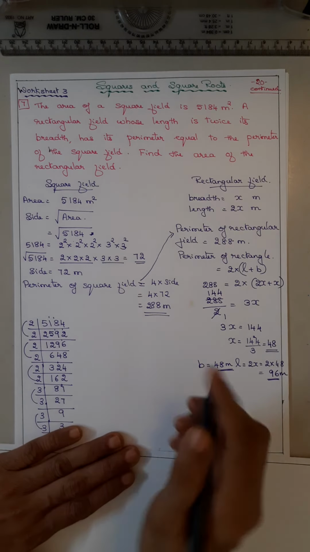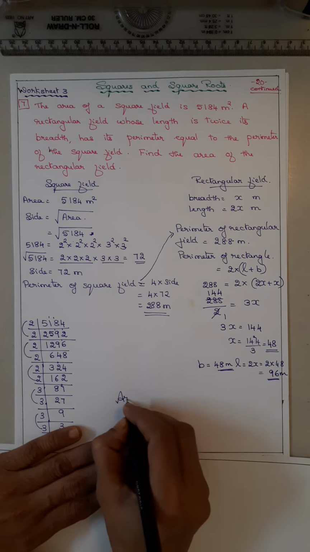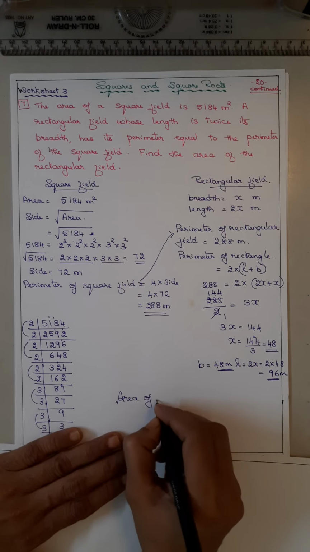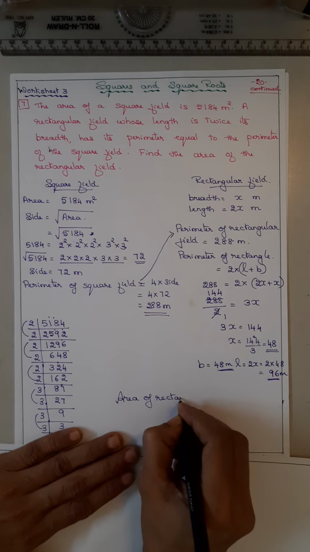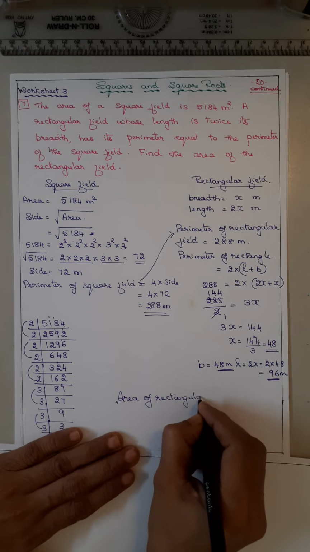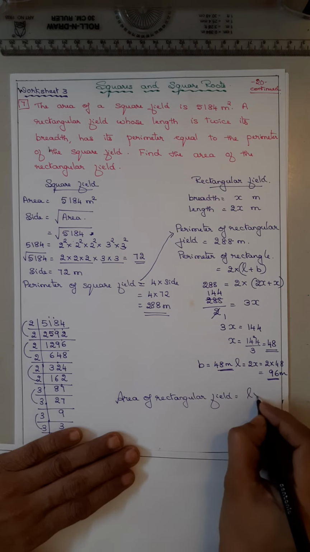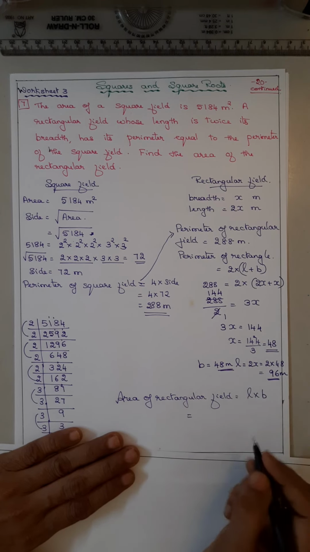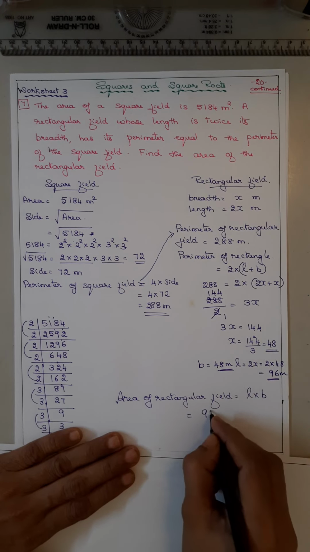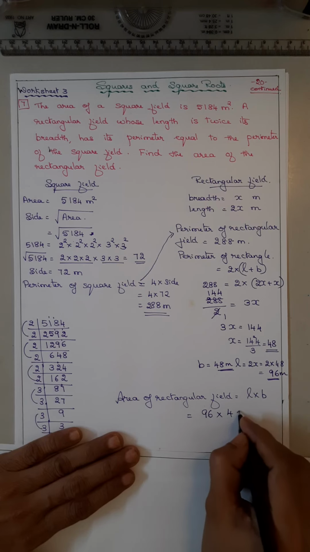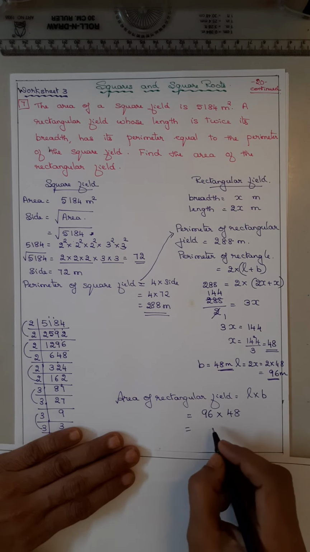Now find out the area. Area of a rectangle field is equal to length into breadth. Now length is how much? 96. Breadth is 48. When you multiply, you will get